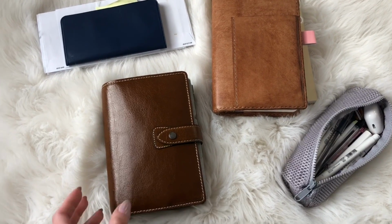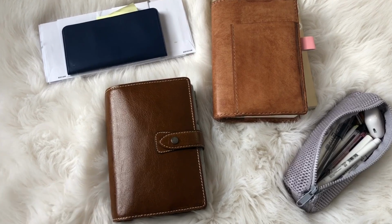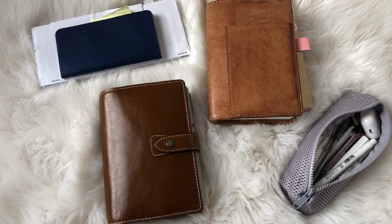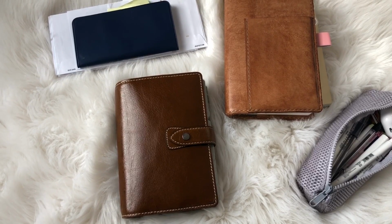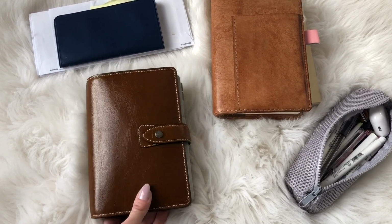Hey everyone, so I wanted to film a quick flip. It might not be quick because I'm feeling kind of chatty and I'm actually going to walk through things that I have here. All of my kiddos are at school, so I can take this easy, not feel rushed, and go through my thought process on my planners and what I am